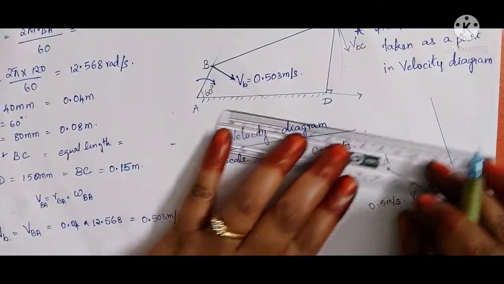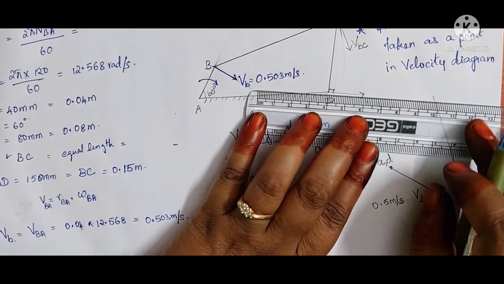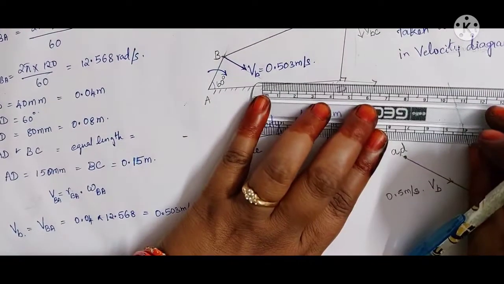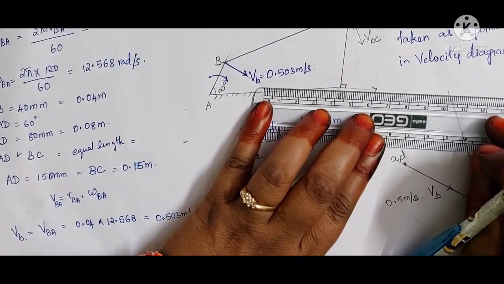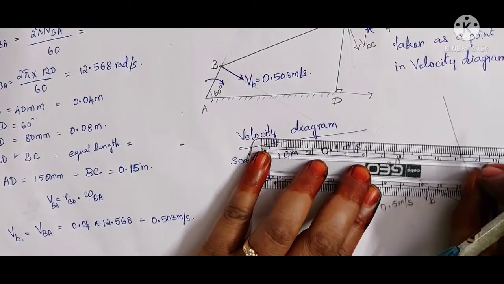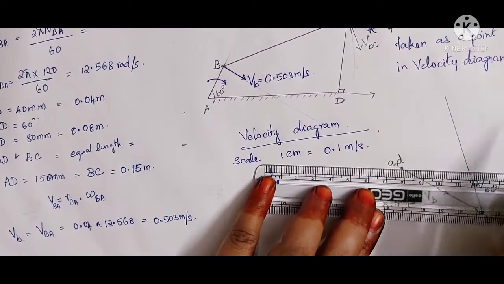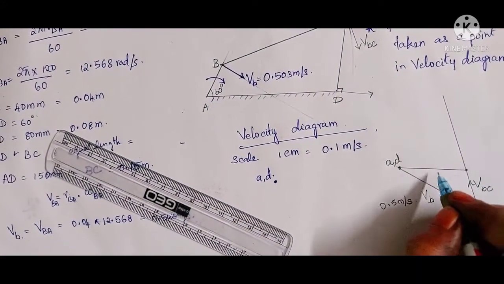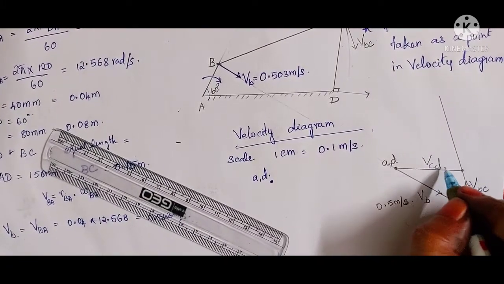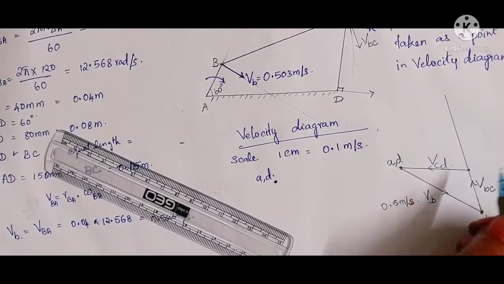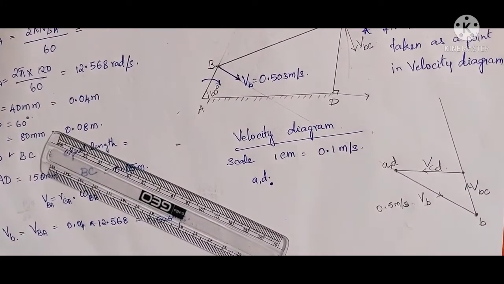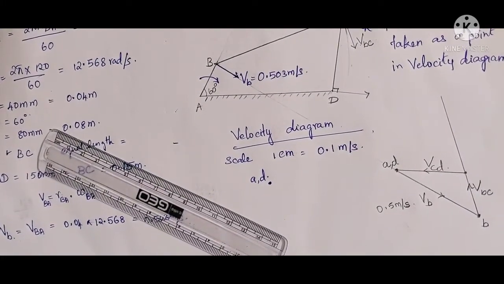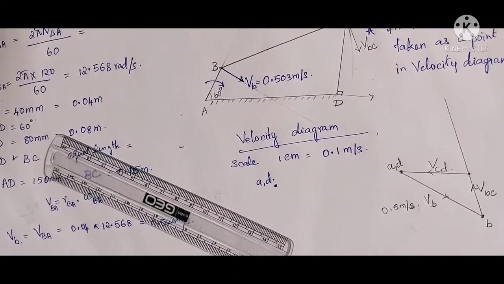Now we already have the D point. From this D point, take this position as it is and drag it like this, very slowly. Yes, so this is the velocity of CD. It will complete in this way. The velocity diagram should always be a closed polygon. It should not be an open one. Velocity diagram or acceleration diagram, it is a closed polygon. That is a condition to draw this velocity diagram.